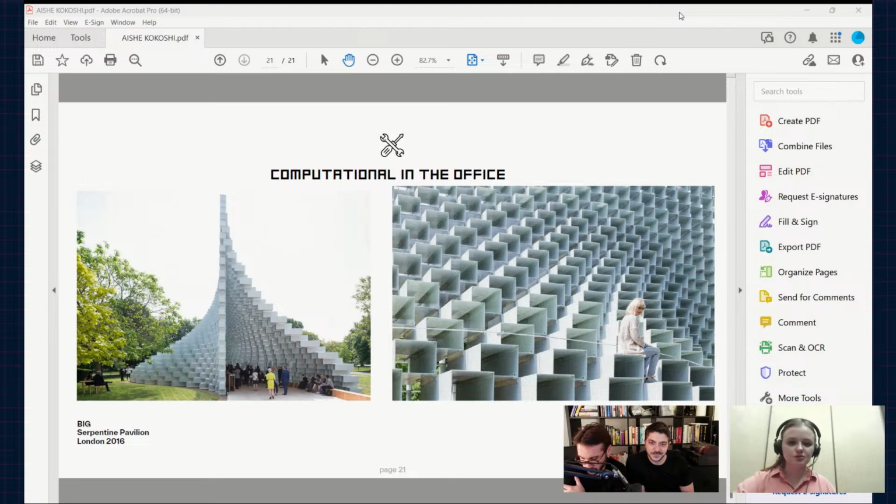We need to have this creative workflow, but we also have clients who have to see the building, the real thing, and it's difficult sometimes to combine both. So we need a balance between both.